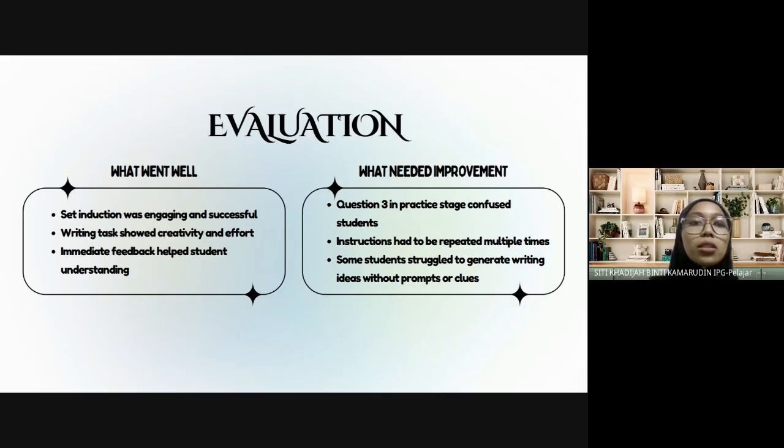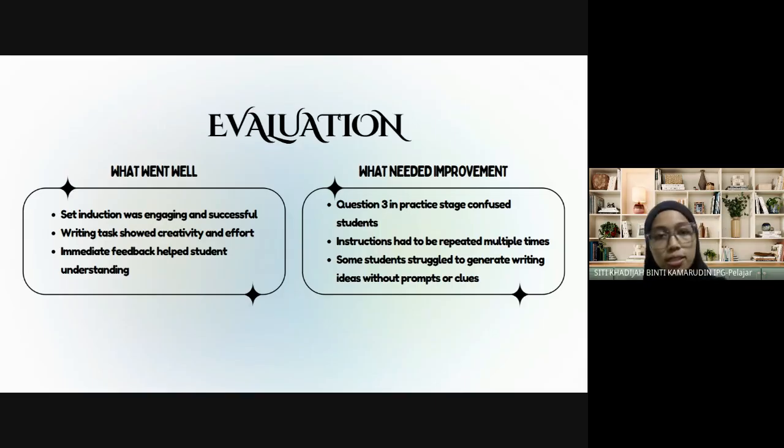And then the instructions. My instructions may have lacked clarity or enough examples, which made them hard to complete the task. And the last one is that some students struggle with idea generation for writing without prompts. So this is where I learned that students need prompts for writing. These are the areas of improvement that I need to reflect on. Overall, while the learning objectives were achieved, these challenges highlighted the need to improve how I support and guide